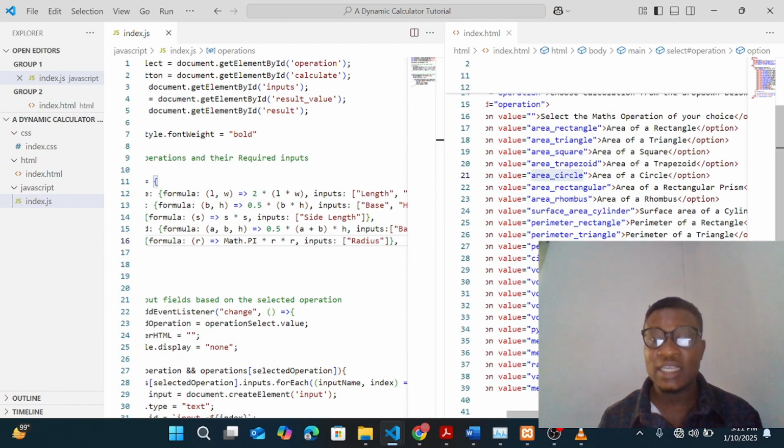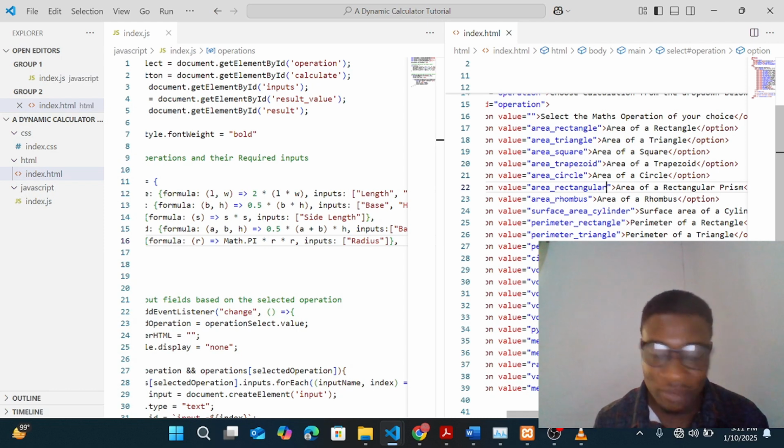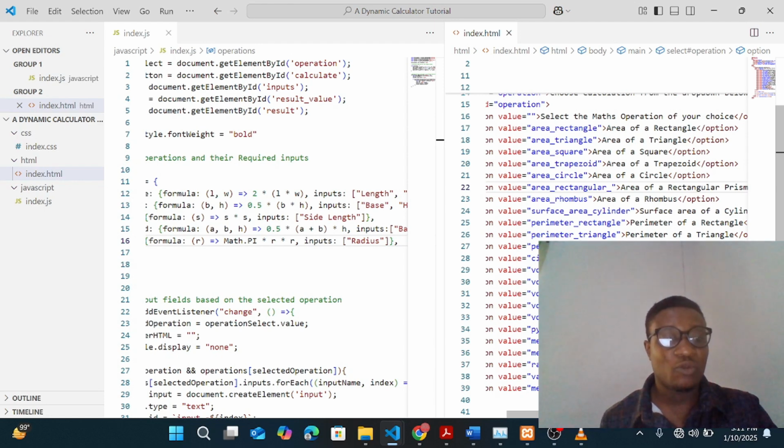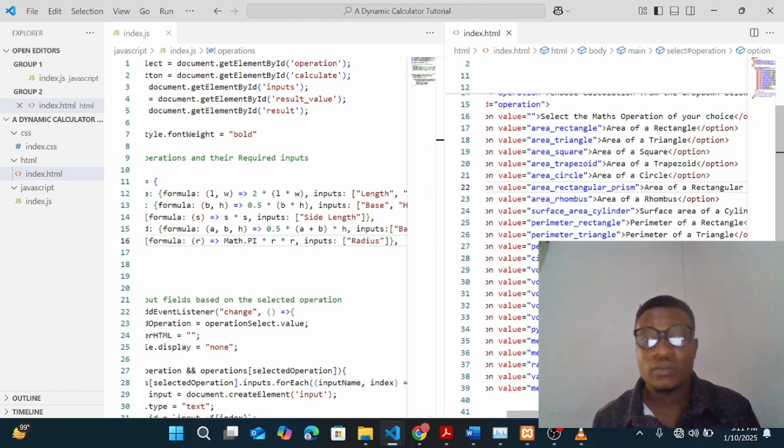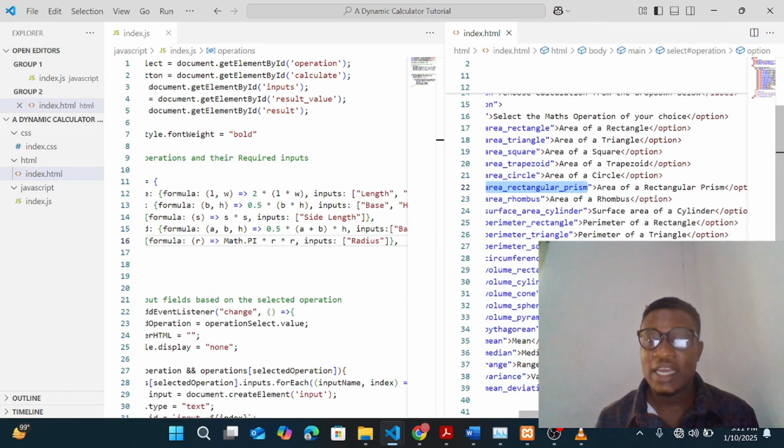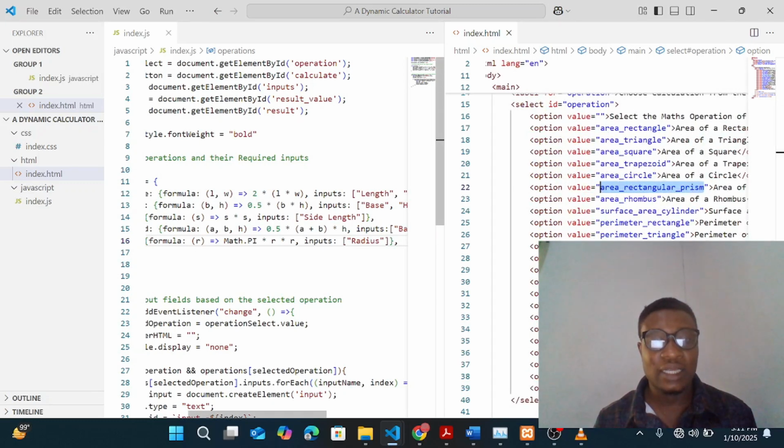So the next thing here is area rectangular prism. I guess we made a mistake here. We didn't add that prism. That's what it's supposed to be. Okay. Area rectangular prism. We didn't enter it correctly. So I would like us to copy that immediately. Of course, you could see what the user sees. Area of a rectangular prism. That's what the user sees here. Okay. So let's enter it here